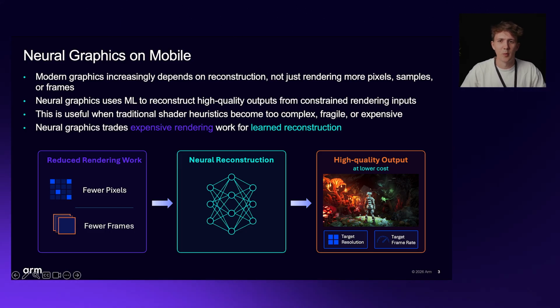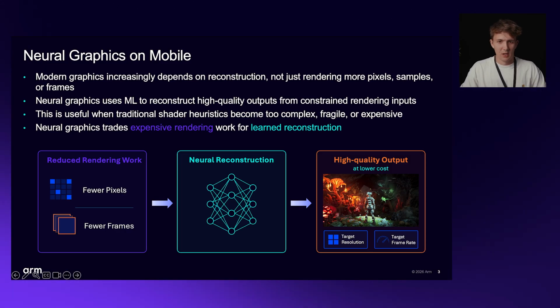So, neural graphics on mobile. What do we mean when we say neural graphics on mobile? Well, the basic idea here for us at the moment is relatively simple. Rather than rendering every pixel or frame for full cost, instead we do less work up front. So we might choose to render fewer pixels, render fewer frames, and then use a neural model to reconstruct what is missing. And here we're aiming for a high quality output at either a target resolution or a target frame